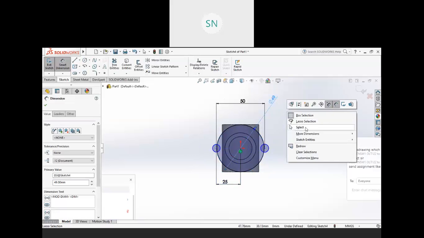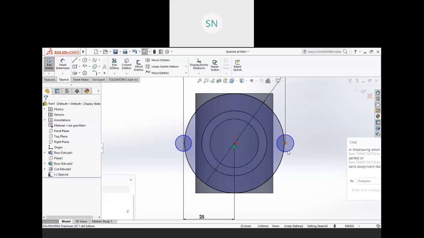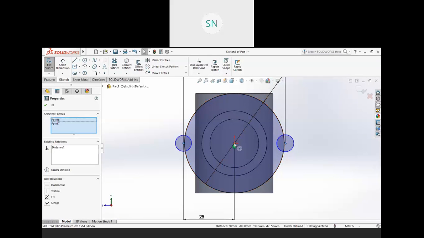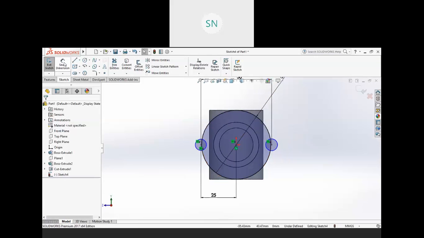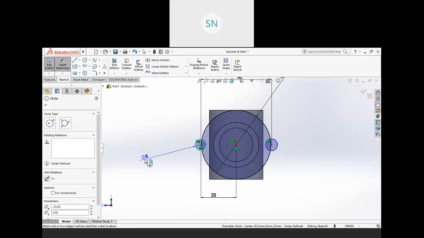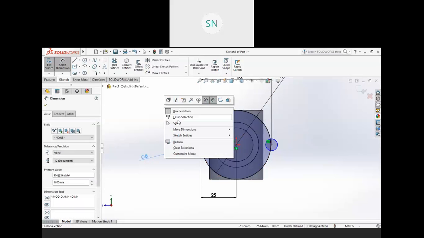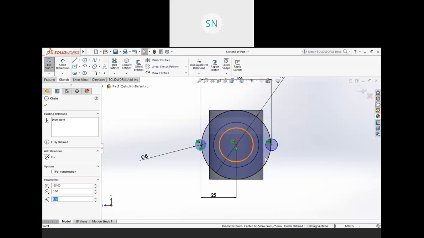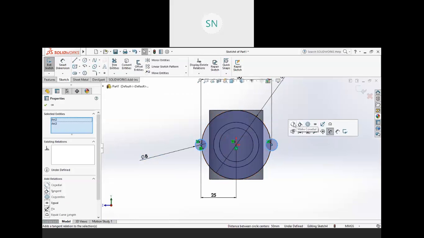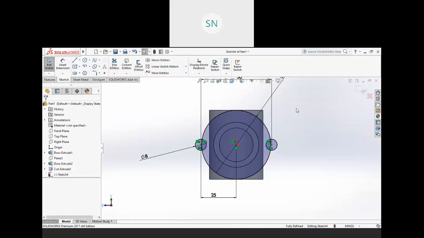And this one and this one should all be horizontal. This one is 8 diameter, and this circle and this circle are equal.